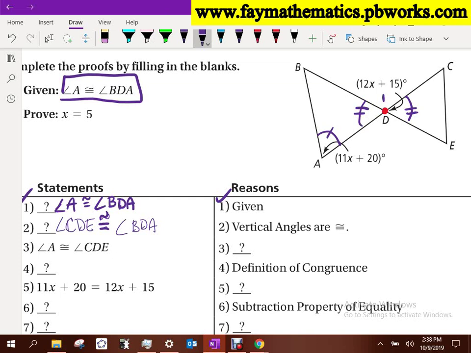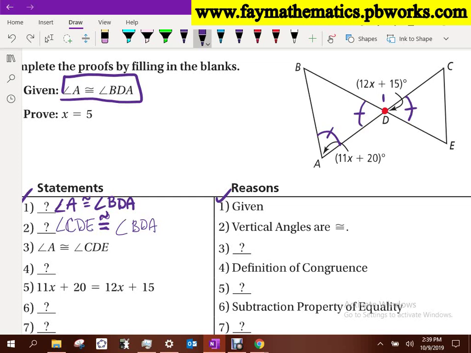Because if I do that, my picture now contradicts what is said in statement number 1. Because now if I look at angle A and angle BDA, do they have different markings in them? And that would be contradictory to statement number 1. So they all 3 have to have one mark in them. And that's nice now. Because if they all 3 have one mark in them, that means all 3 of them